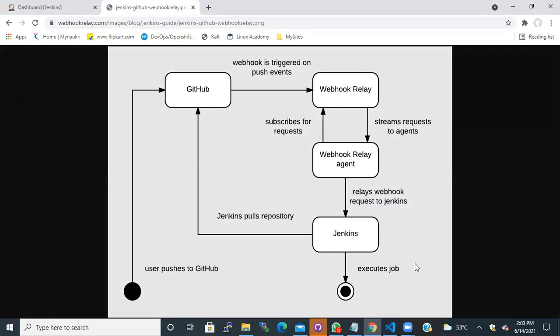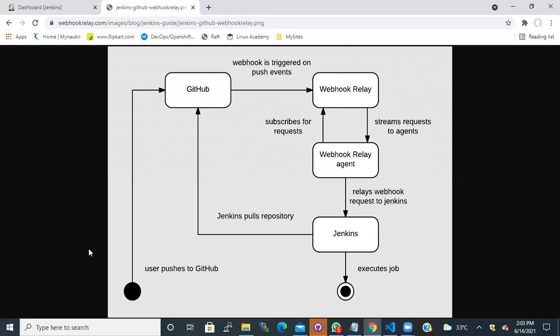Let me just walk you through, guys, how it is. This is a sample architecture. Again, I just took it from Google. In fact, our automation or our CI/CD is set up in the same manner.